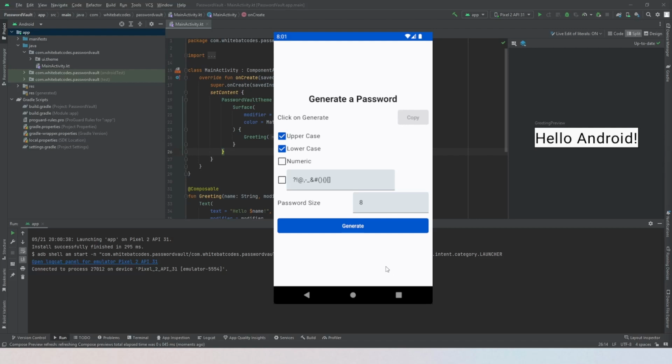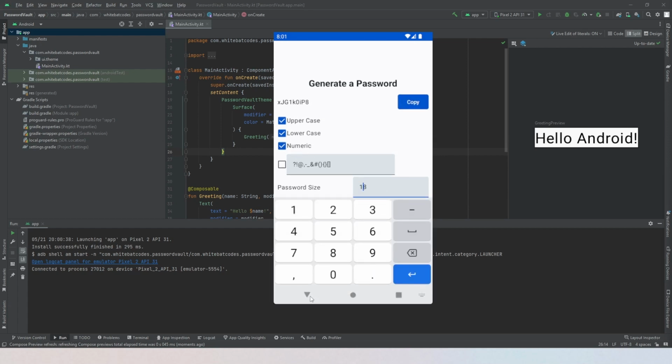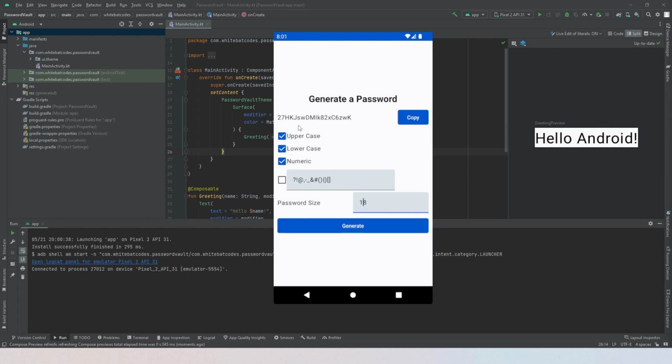Hello, in this video we'll be making a simple password generator in Jetpack Compose. So basically the user could generate a password by selecting the properties, clicking on generate, and they can see the password here. And they can also change the size of the password like so, and even add some custom